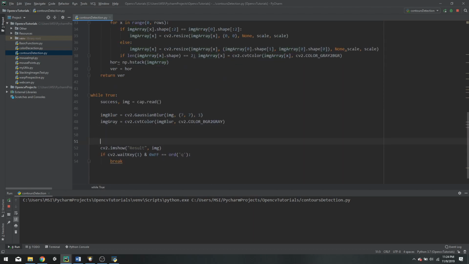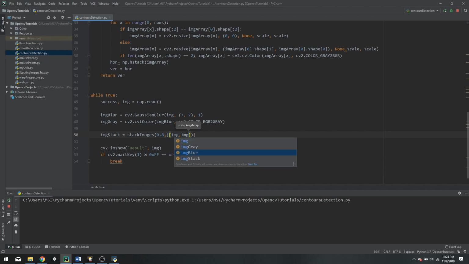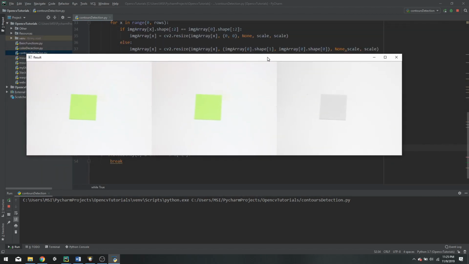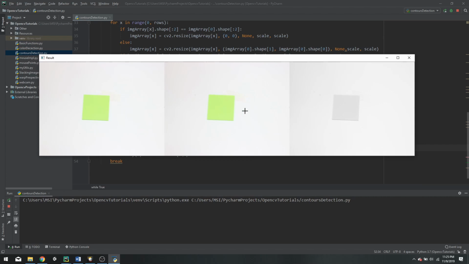So in our case, we want to stack our images. So we will say image stack is equals to stack images, and we will give the scale of 0.8, and then we will give an array of images which is img, and then we have img blur, and then we have img gray. And instead of displaying the image, we are going to display the image stack. So let's run that. So here we have the three images. We have the original one, and you can see there's a little bit of blur being introduced,